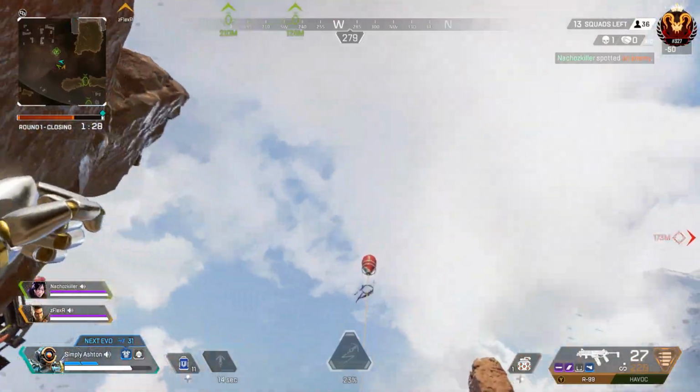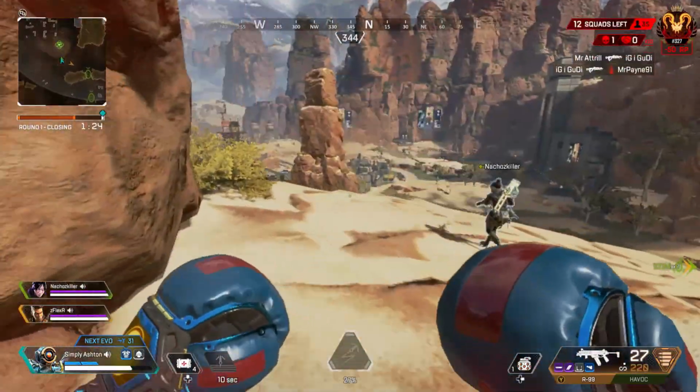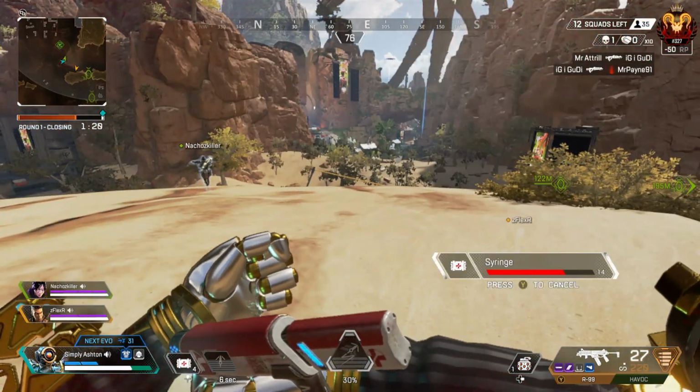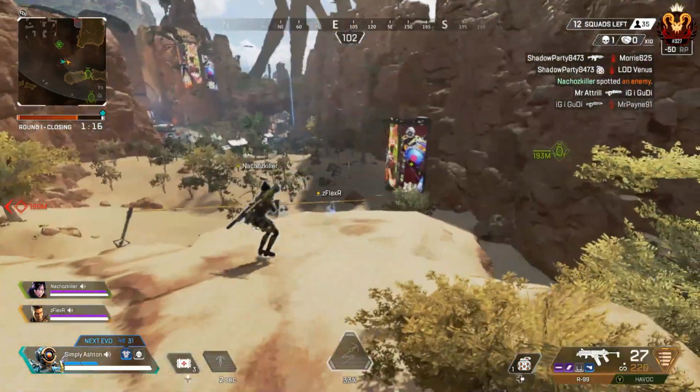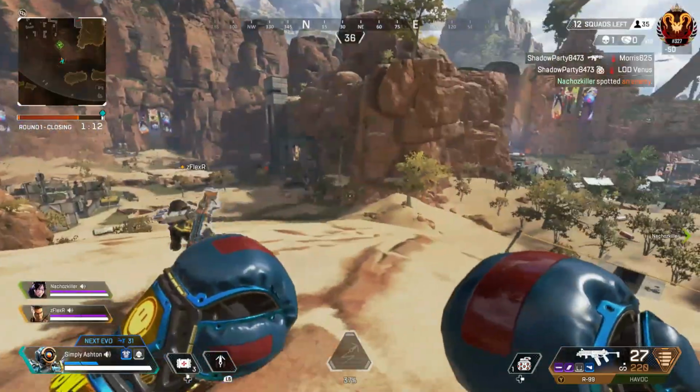So guys, first things first, you're going to want to decide your playstyle. What is the playstyle that suits you best as a squad? Now, in my opinion, there are 4 different playstyles you can adopt for ranked. There is the defensive playstyle, the offensive playstyle, the third-party playstyle, and the long-range playstyle. Now, they're all pretty